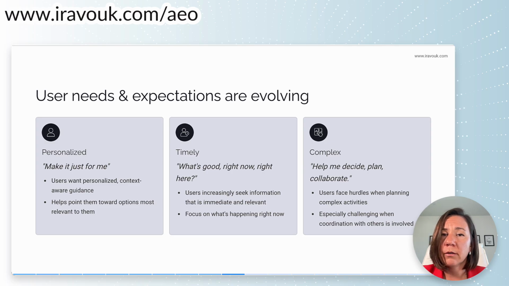What we're seeing is that user needs and expectations have significantly evolved. They are more personalized. Your AI assistant already knows more about you than you want to admit, and you provide even more context in the query. They're more timely. It's like everyone has ADHD symptoms. We can't plan ahead that much anymore. We need things right now because we just remembered that today's Friday and we want to leave town for the weekend and we didn't think of it when it was Thursday.